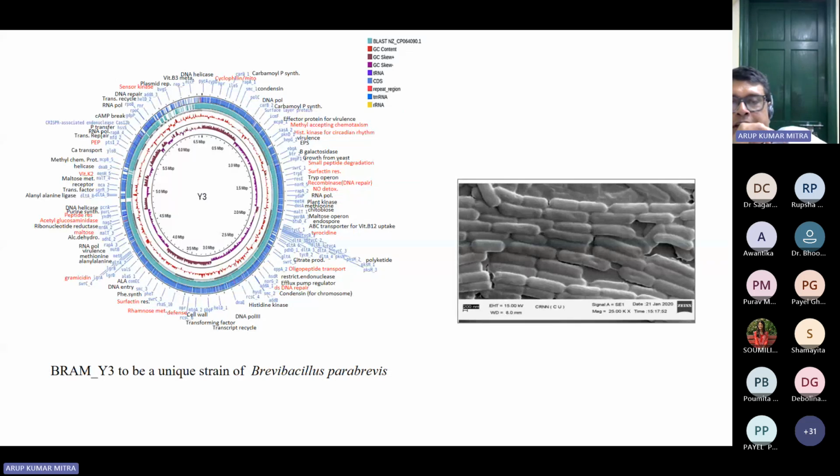Now I have changed the slide, that is BRAM Y3. Is it visible? Yes, sir. Yeah. So this particular bacteria, I will later on showing in some of the results, is unique because